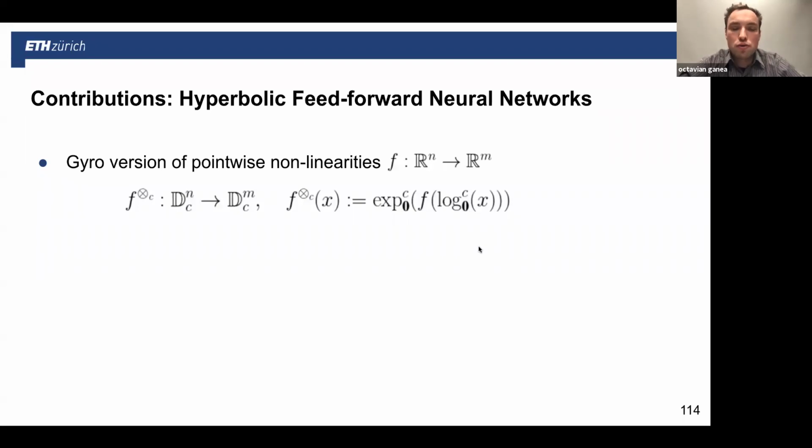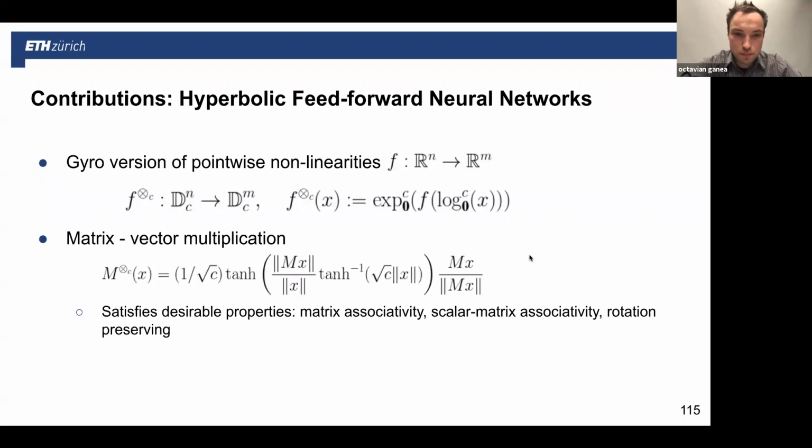So what we did was to take a point x, which is in the hyperbolic space. We lift it up in the tangent space at 0. Here, the tangent space at 0 is the Euclidean space. We apply the nonlinearity, and then we put it back on the manifold using the exponential map. And we did the same for matrix vector multiplication. Why did we decide to do it like that? It's because the scalar vector multiplication that I showed you before is doing exactly the same trick of going in the tangent space of 0, applying the scalar multiplication there, and then going back. So the matrix vector multiplication satisfies desirable properties that I'm not going to cover